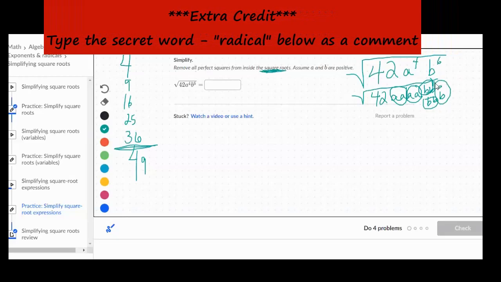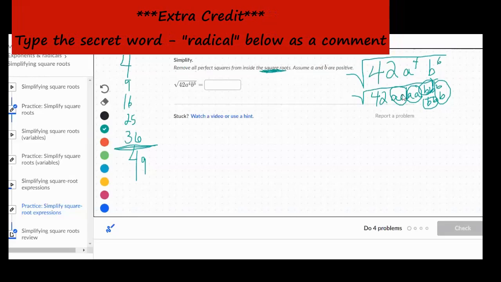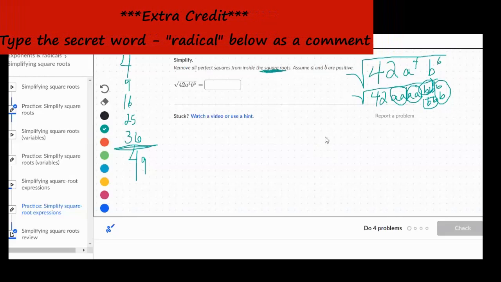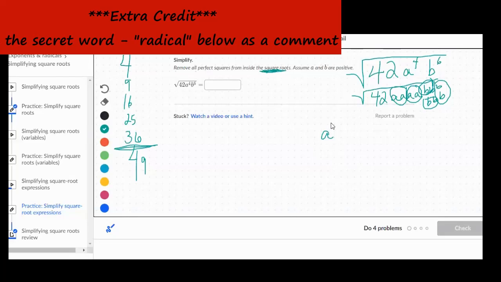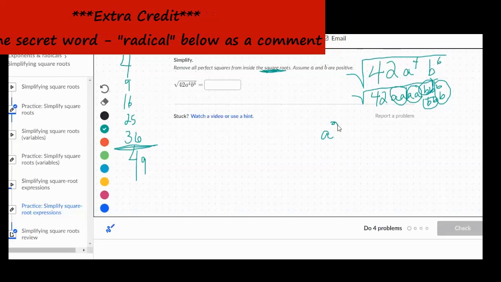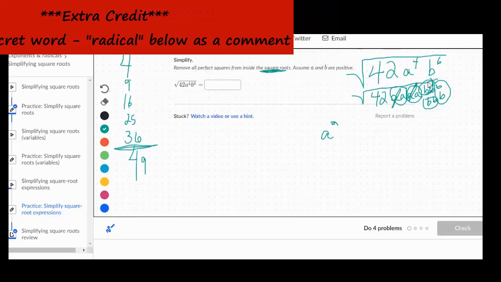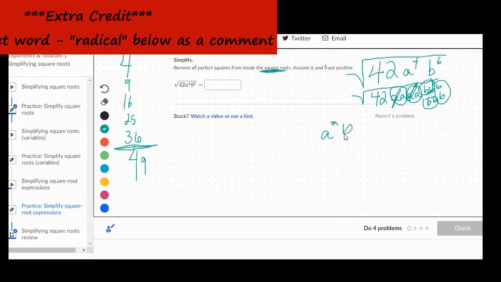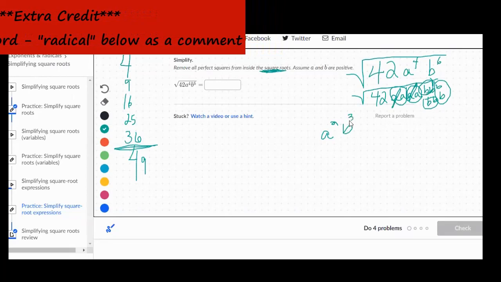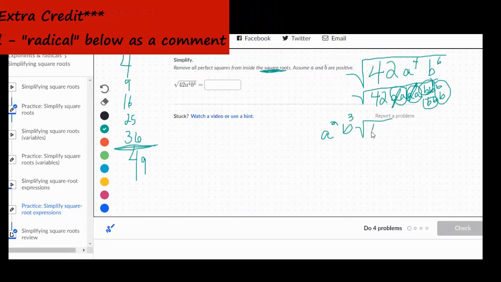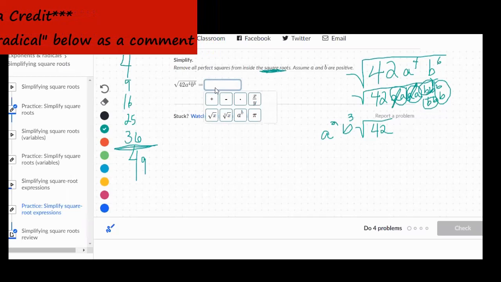Now, you can take out anything that's circled, right? So there's 1 circle of A's, 1, and then there's 2 circles of A's. So I put a squared, okay? That came out, that came out. Then I have circles of B's. How many circles? 1, 2, 3 circles of B's. So I get b cubed. And left on the inside is 42. And that's how you would do simplifying square roots